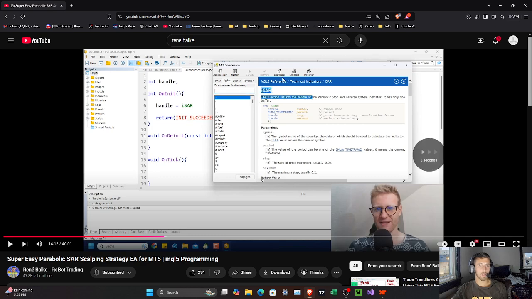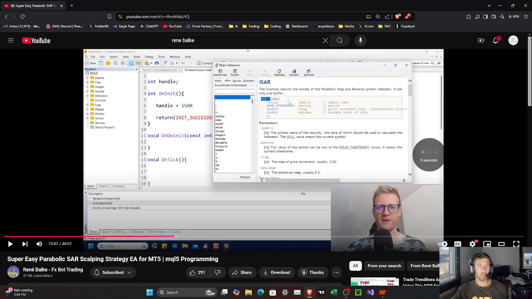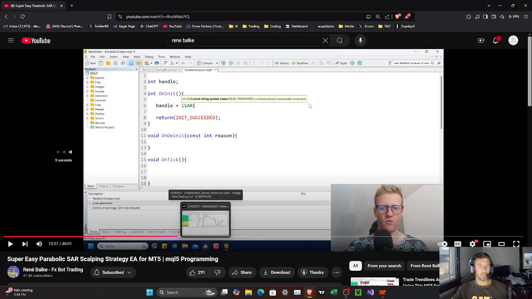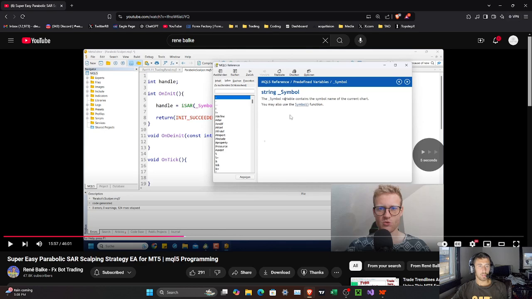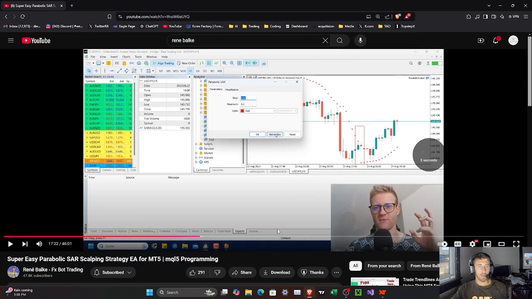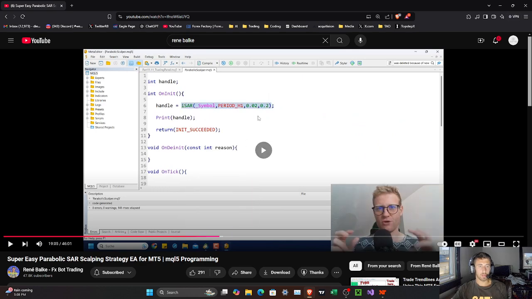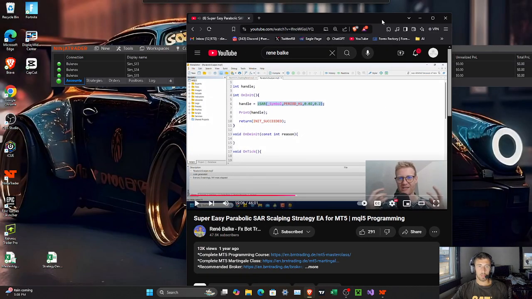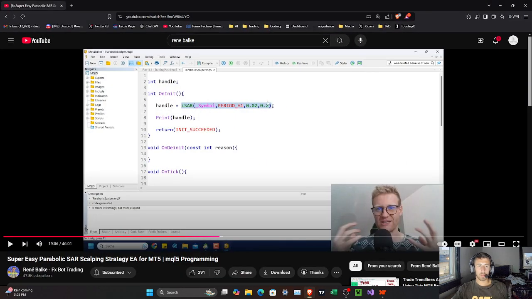okay, so here he's starting to put in the parabolic indicator. Here he's going through all the settings you can put in it, which we're going to use the same. The only thing different is,